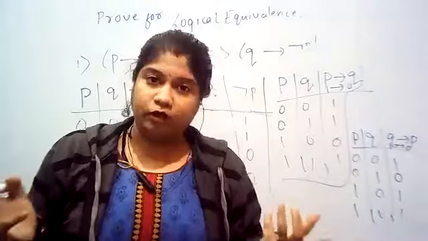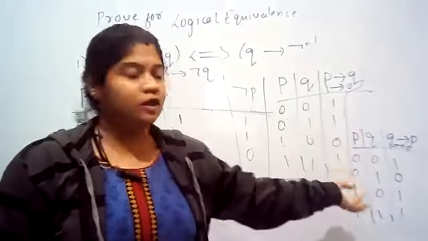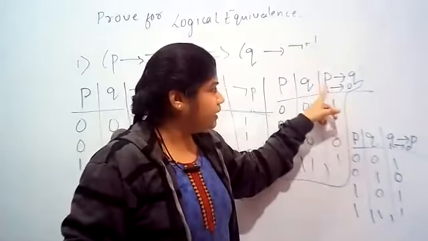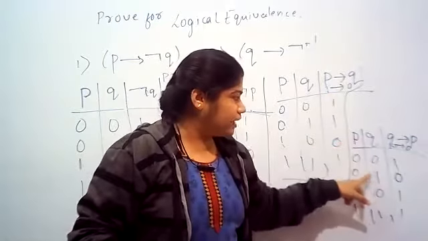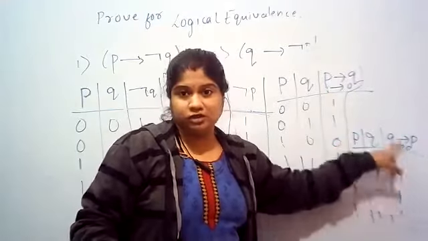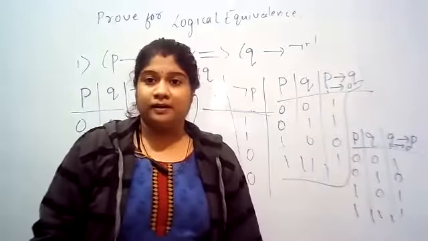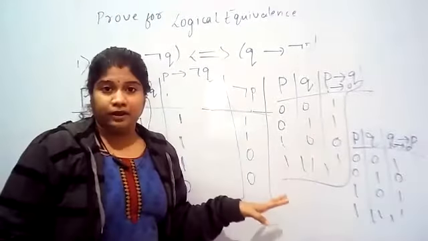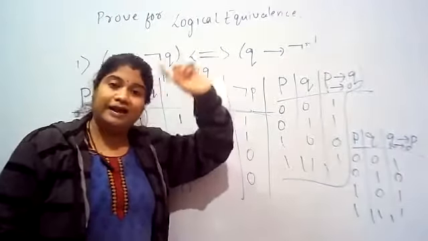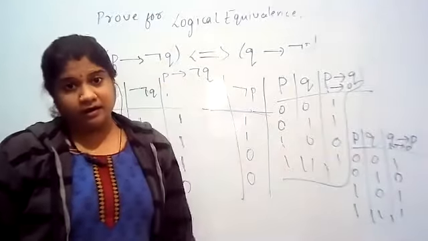If you can remember it like this, remember it. But this is the logic. If P is 1 and Q is 0, then it is 0. If Q is 1 and P is 0, it is 0. Rest all the cases will be 1. Okay, this is how you need to take the truth table. This I have explained while explaining truth table of logical connective.